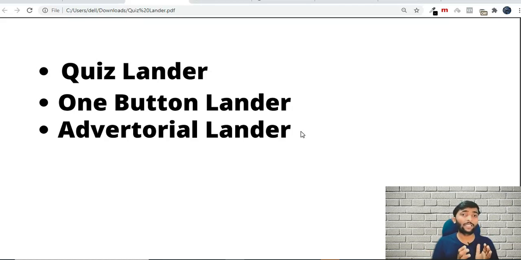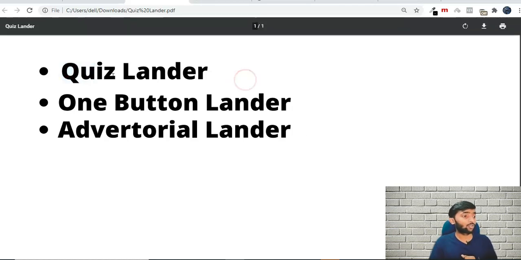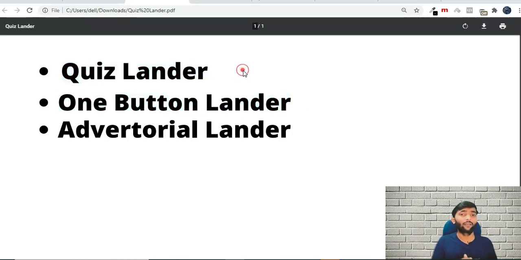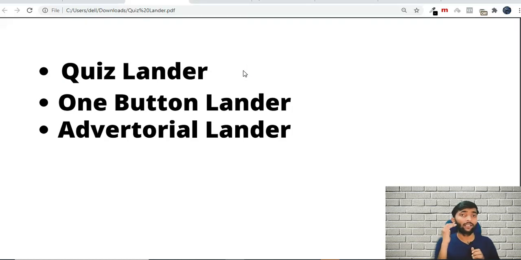Generally quiz landing pages perform better because when the audience interacts with your quiz lander, they give you commitment, and at the end when they go to your offer, the chances of buying or the chances of filling your CPO offer are very high. So most often I like to go with quiz landing page, okay, and then one button landing page. So when you're starting, you should test the quiz landing page first, okay? Then you can test one button landing pages, and then you can test advertorial landing page. But most often, as I said, I like to go with these two types of landing page, okay? I like to go with quiz landing page and one button landing page.